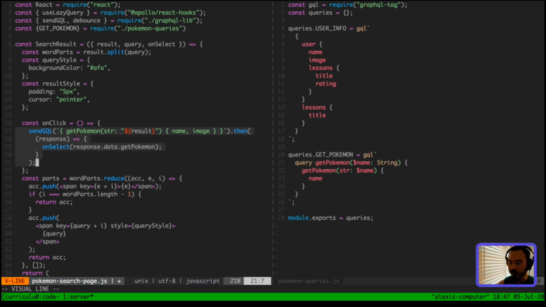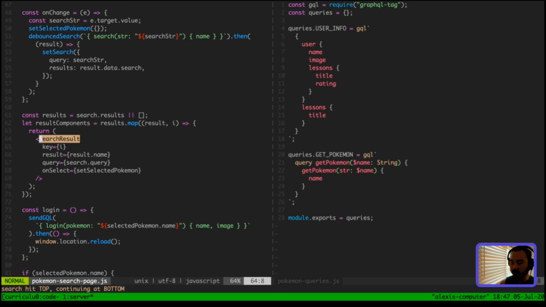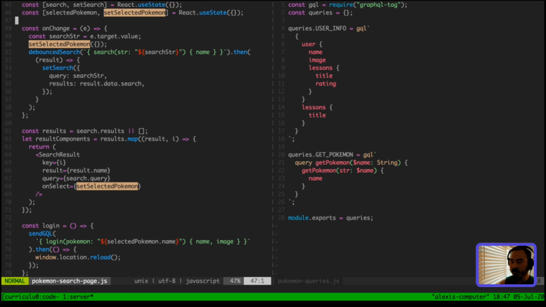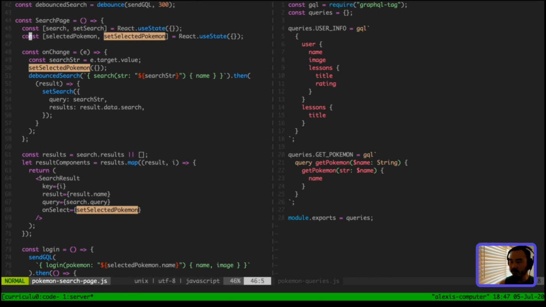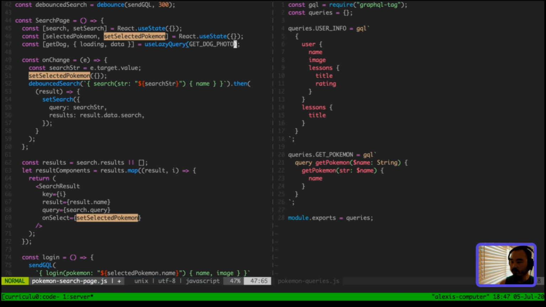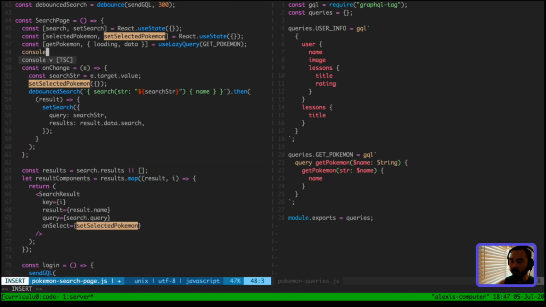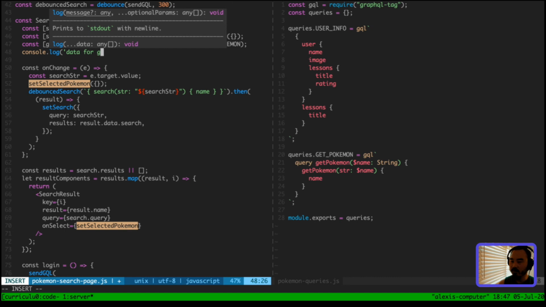So now I'm going to replace all this with lazy query. Maybe this is on click, we call on select. So maybe search result, whoever calls search result, this guy sets the selected Pokemon. So this should use the lazy query for get Pokemon. So loading, data, get Pokemon. So console.log data for get Pokemon is